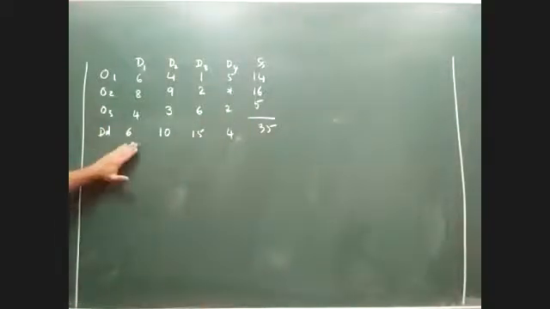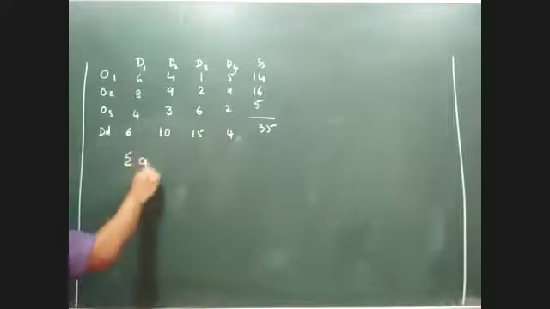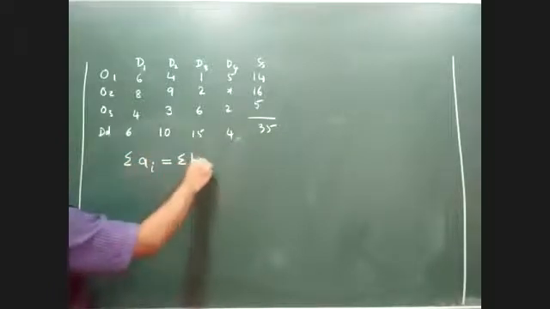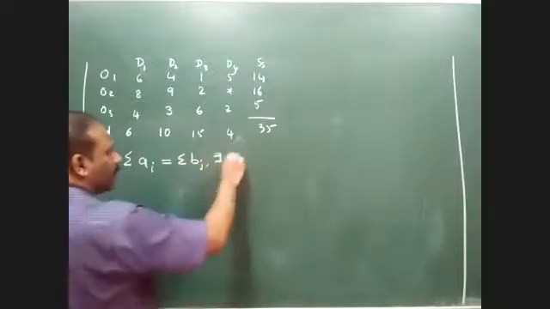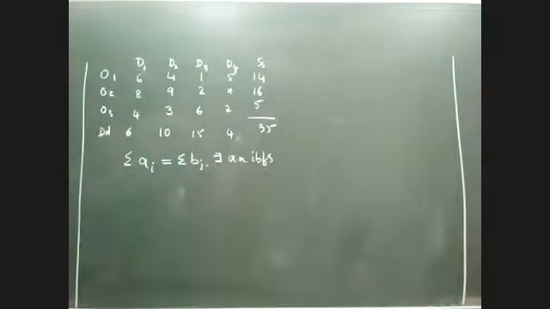So, the moment you have realized that the given question is a balanced transportation problem, you are supposed to denote it by a mathematical notation like this: summation Ai is equal to summation Bj. Therefore, there exists an initial basic feasible solution. This statement has to be clearly written before we start with the allocation. Please don't forget this. Always verify whether it is balanced or not, and represent it mathematically using the notation summation Ai equals summation Bj, and there exists an initial basic feasible solution. So now it is very clear the problem is balanced.